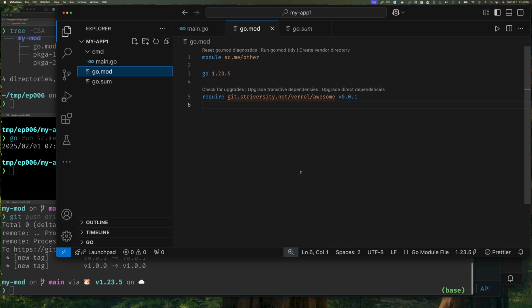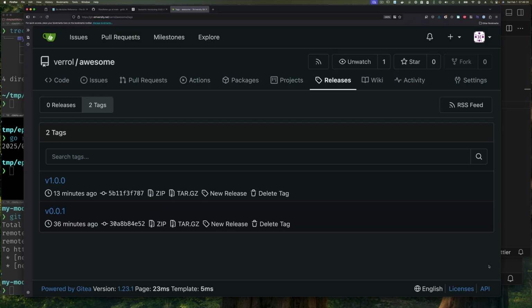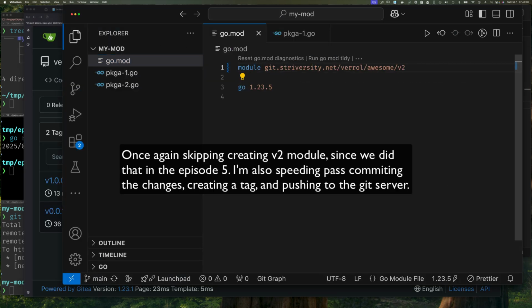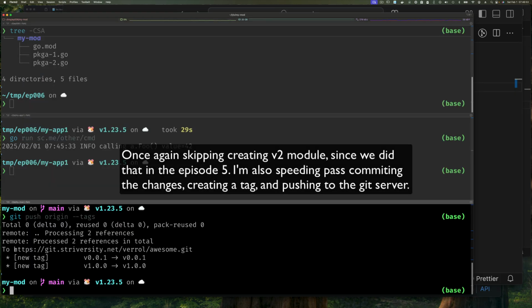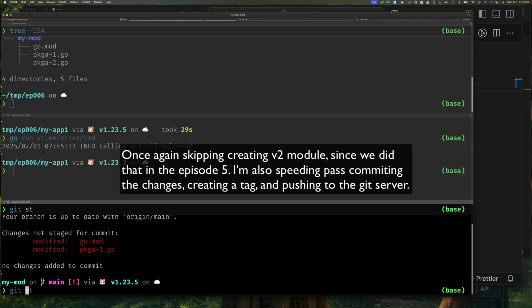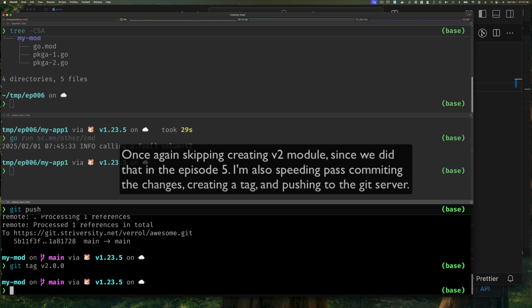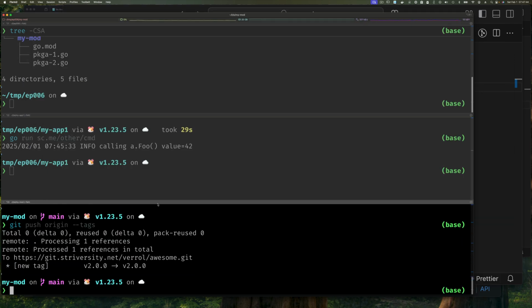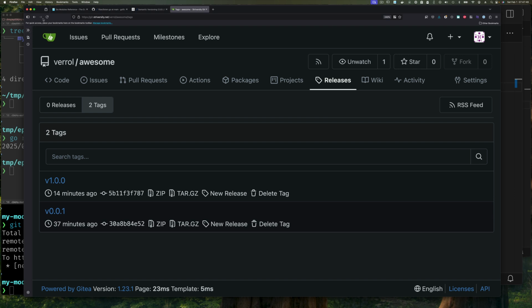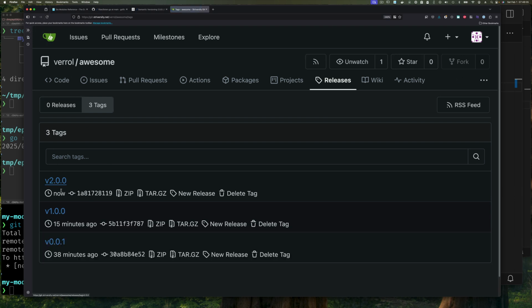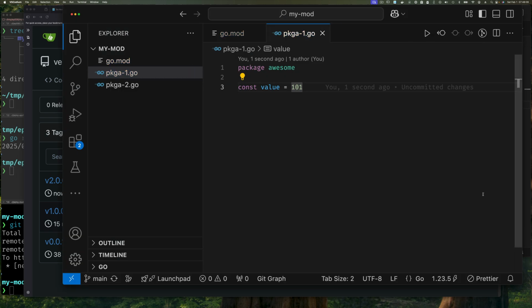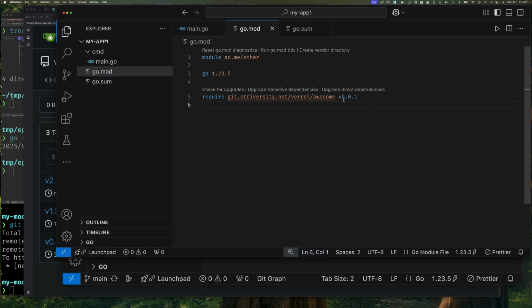So what happens if you did a version 2 of what we created before? Well, if you created a version 2, we know that that just simply means that you put /v2 at the end of your module name. So now that new tag is available. And all this that I'm doing, this is why I said this goes off into the weeds. So anyway, we have a version 2, right? All right, cool. Oh man, I'm trying to make this simple, but I'm failing at it. So okay, let's say we wanted to use version